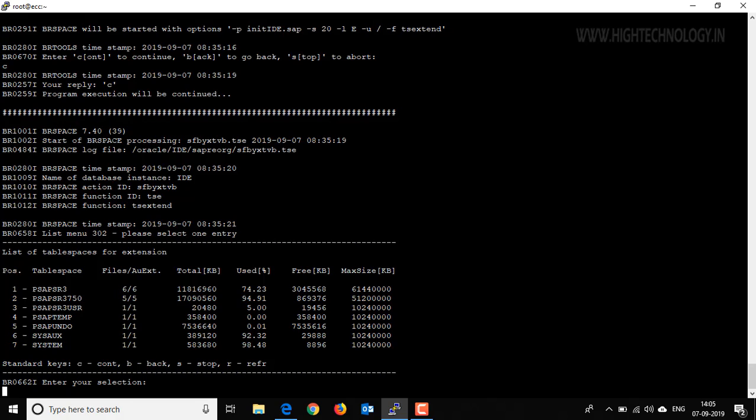So here you are able to see that we have a table space with the name system that is 98.48% used. So let's extend it. For that, type 7. This is the position. So here we have typed the 7, the position number, and hit enter,